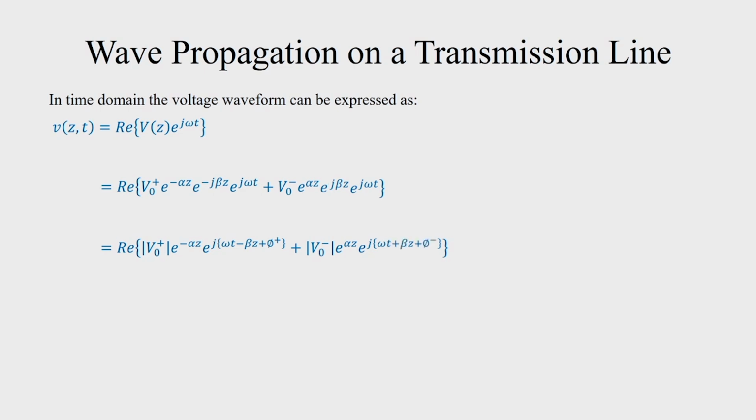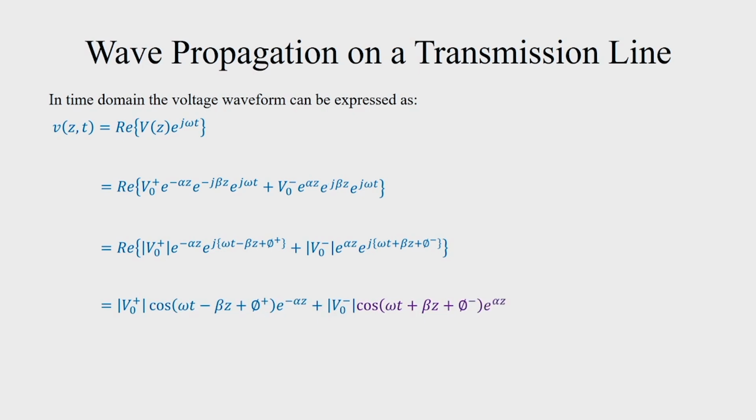And then expressing V naught plus and V naught minus in their magnitude and phase form, we get this form of representation of V(z,t). Retaining only the real part of this equation, we can write